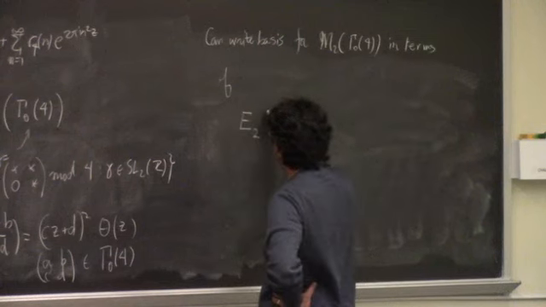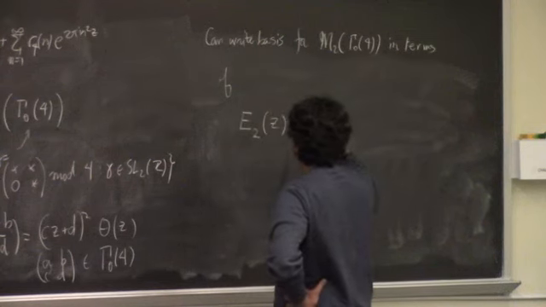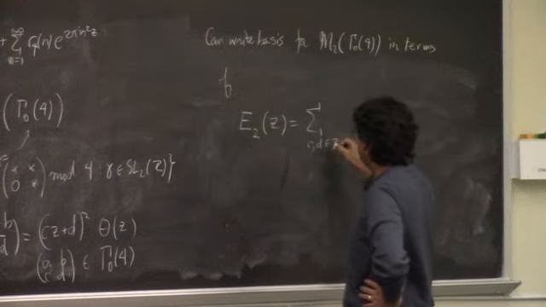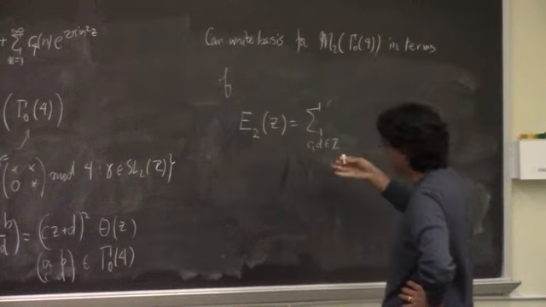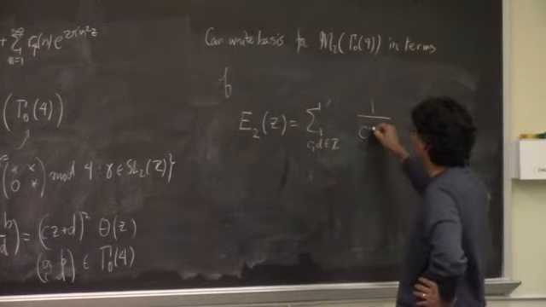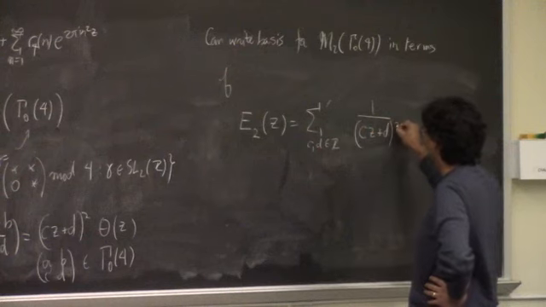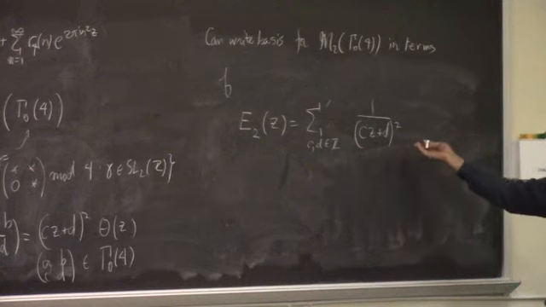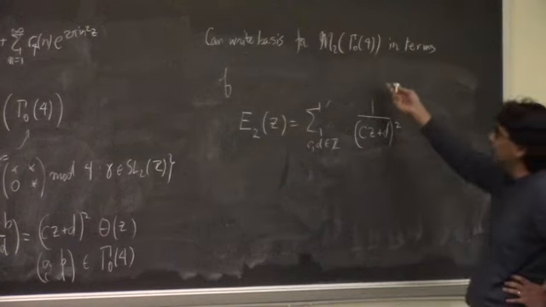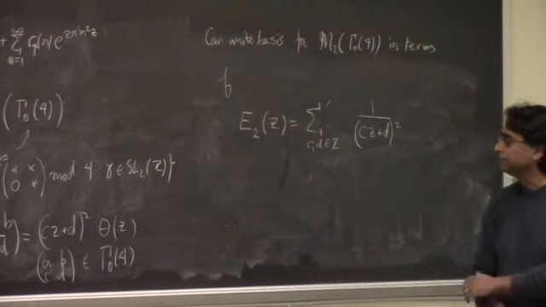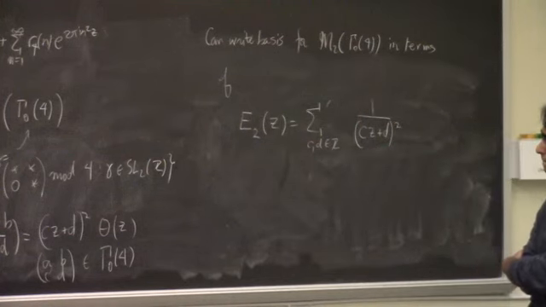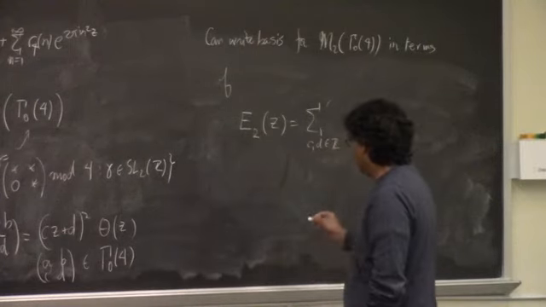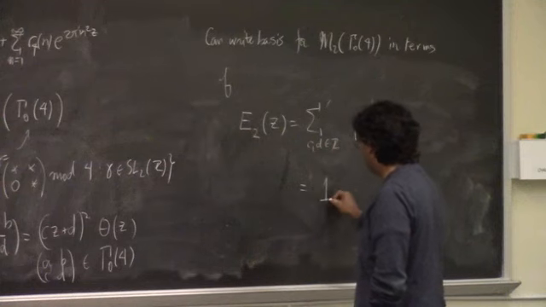E_2(z) is equal to the sum over all c and d in Z, except for (0,0), of 1 over (cz+d)^2. This doesn't actually converge. I mean, it converges conditionally, and this function itself is not in this space, but you can write a basis for this space in terms of this function, and this function has a simple Fourier expansion